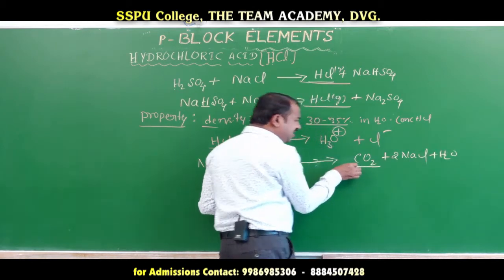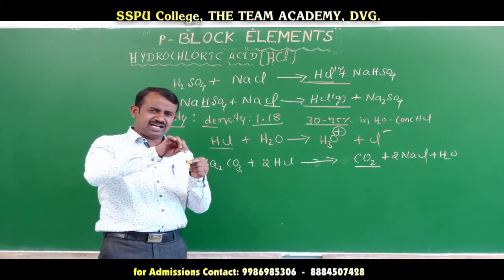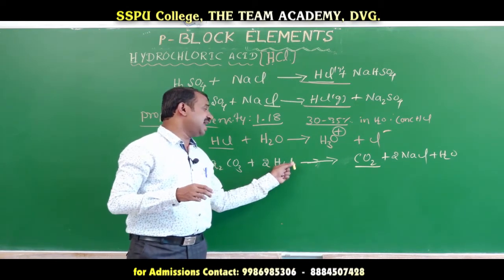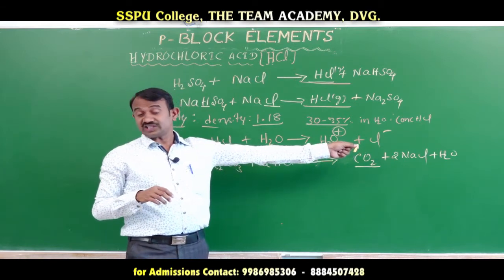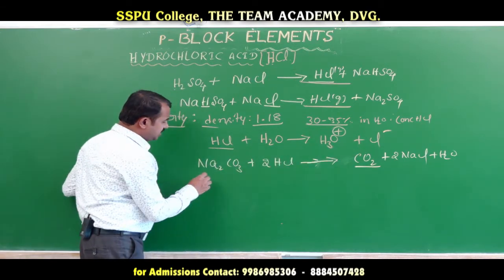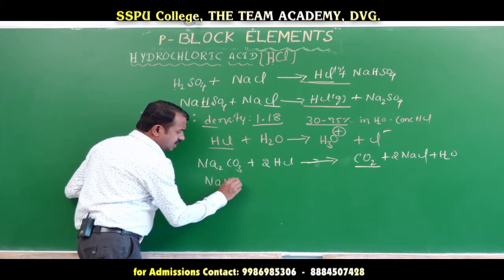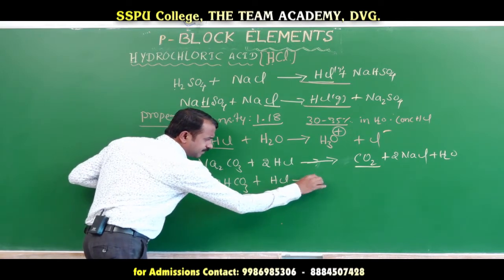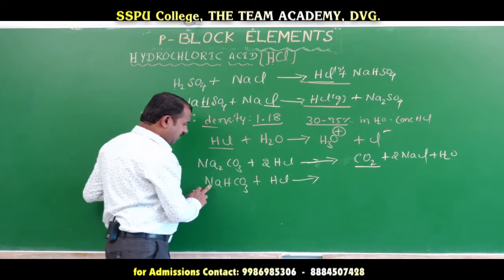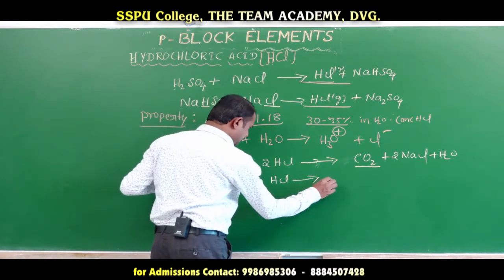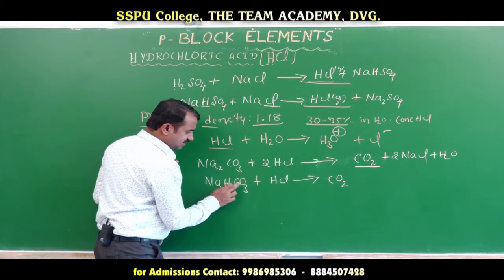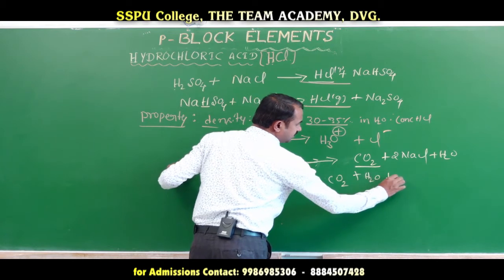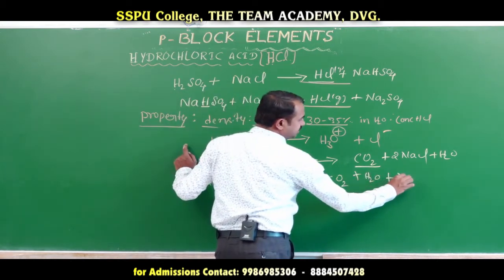So when we take sodium carbonate and add HCl, a brisk effervescence forms. Acid versus base: this is a base, reacting with acid to form salt, a neutral product. Or you take sodium bicarbonate, a weak base. Sodium bicarbonate also reacts with hydrochloric acid, and here also brisk effervescence forms. Here NaCl, carbon dioxide, one molecule of water is released, and sodium chloride.